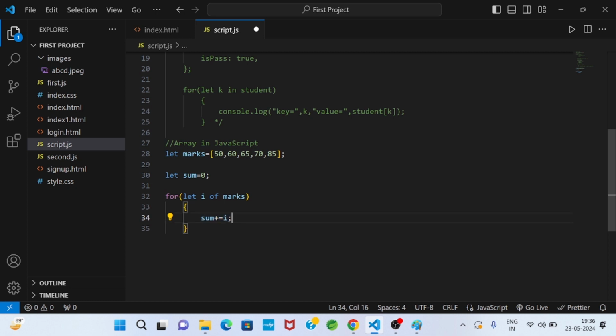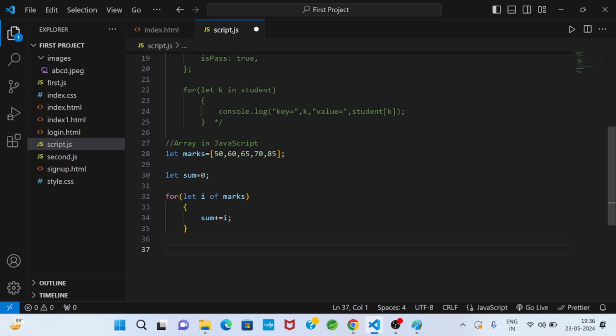When the loop terminates, whatever sum value we have is the final sum value. Our objective is to find the average.